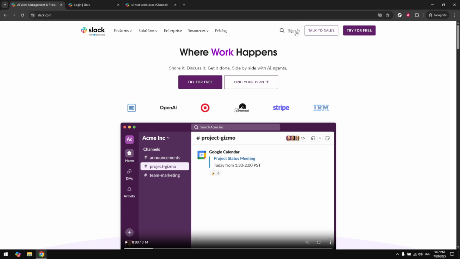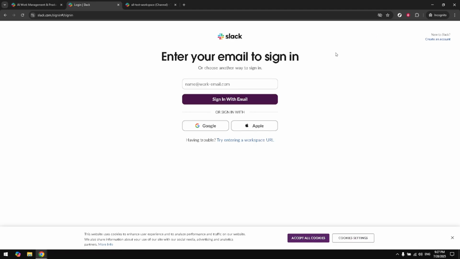Now, since many people use Google accounts for seamless access, you'll want to click on the Google Sign In option. This method not only makes things quicker if you have a Google account, but also keeps all your online services connected securely. After logging in with your Google credentials, direct your attention to the bottom left corner of your Slack